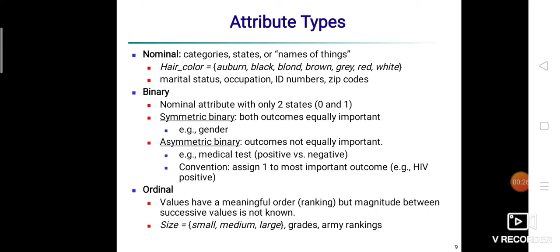First is your nominal attributes. So what is a nominal attribute, or you can say categorical attribute? Nominal is also called categorical attributes. Nominal scales are used for labeling variables without any quantitative value. Nominal values are used only for labeling purposes. You can simply call them labels. They don't have any numeric significance associated with them.